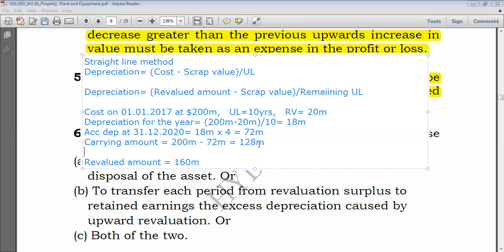So the carrying amount is 128 million, but the revalued amount is 160. This implies a revaluation gain. It implies a revaluation gain of how much? 32 million. How did I get the 32? I took 160 million minus 128 million and obtained 32 million. So this is what would have been the case here. After having obtained something like this,